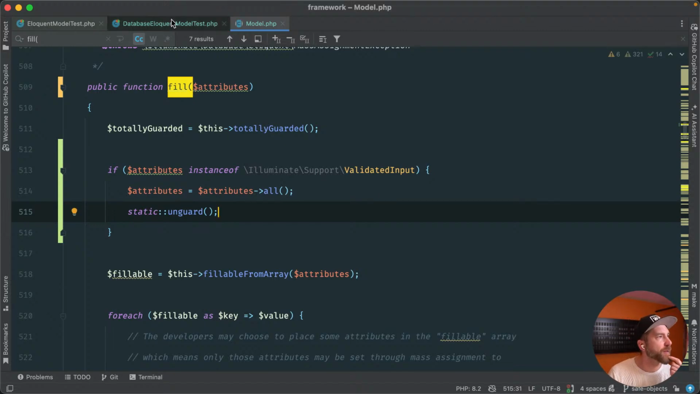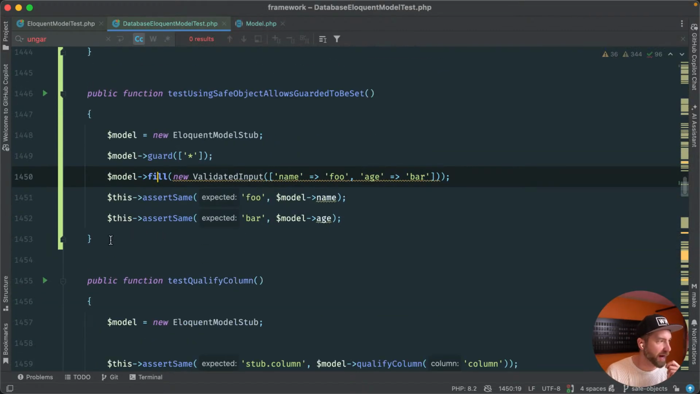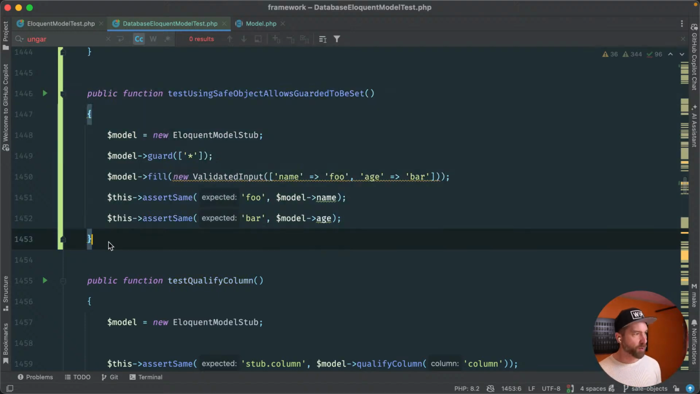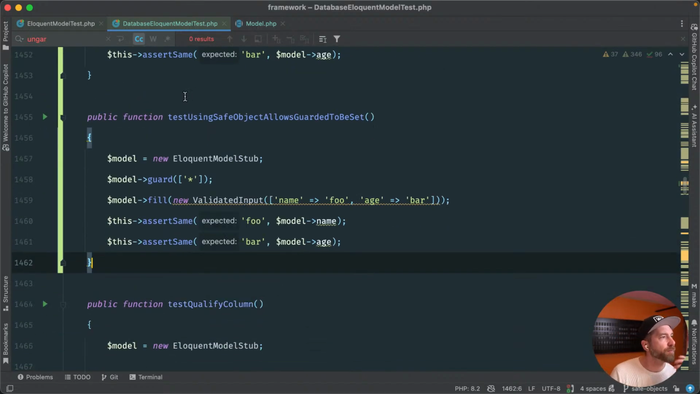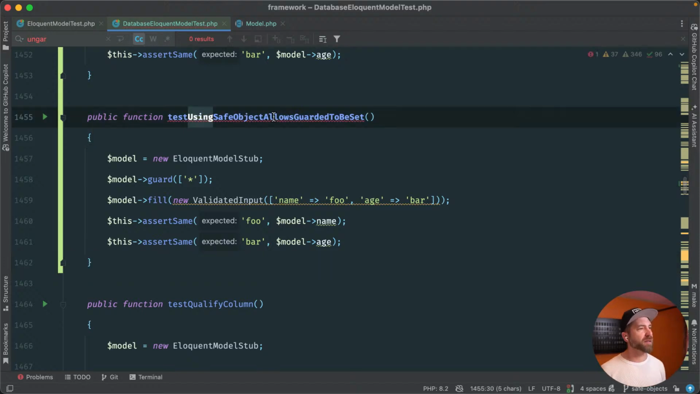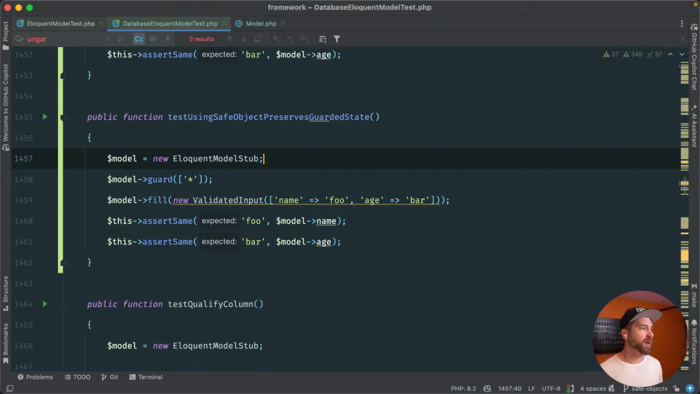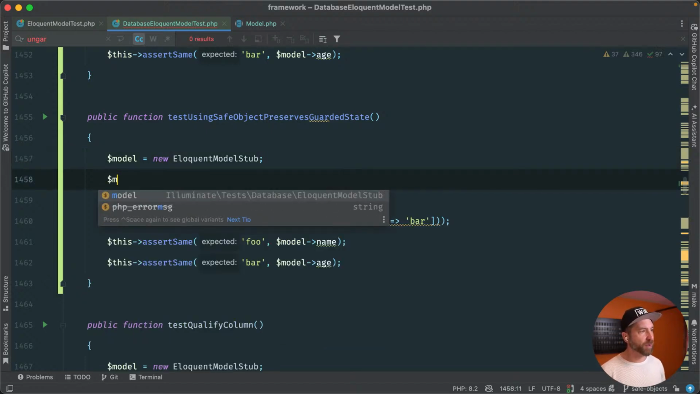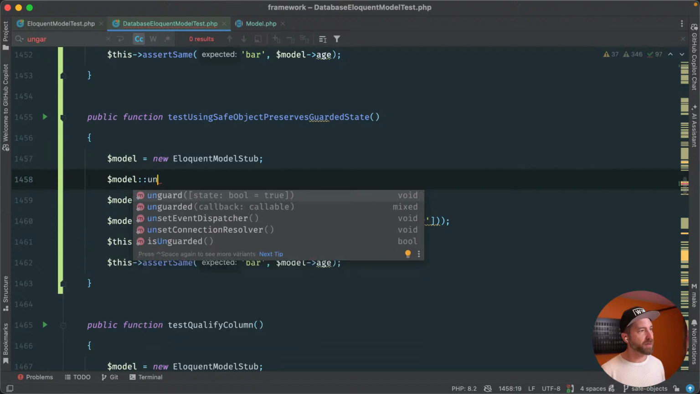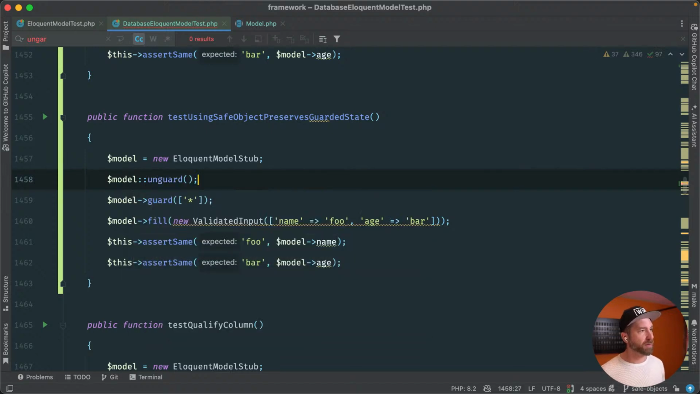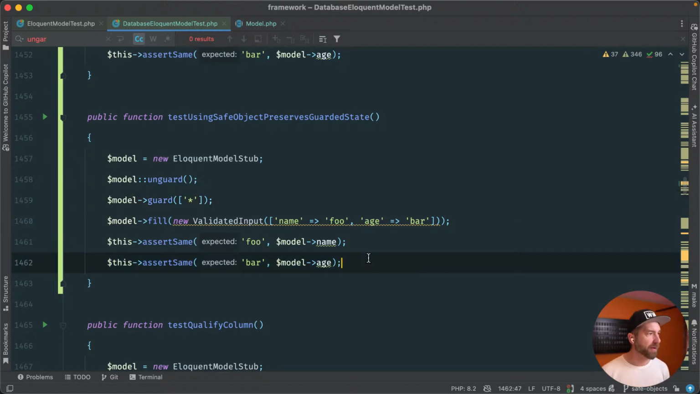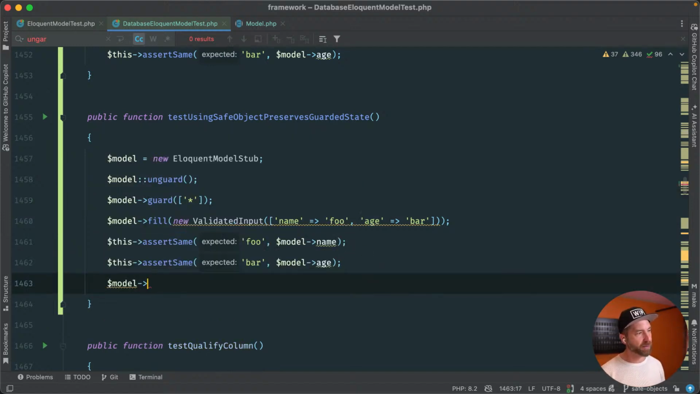The problem now though, and I think this could be demonstrated with another test, so let's just write it. Nothing wrong with having lots of tests. We can say something like test using safe objects preserves guarded state. All right? So kind of going back to that thing that we had before, we could say model unguard. So we unguard it, even though everything's guarded. Again, it doesn't really matter. And then down here, we would want to make sure that model